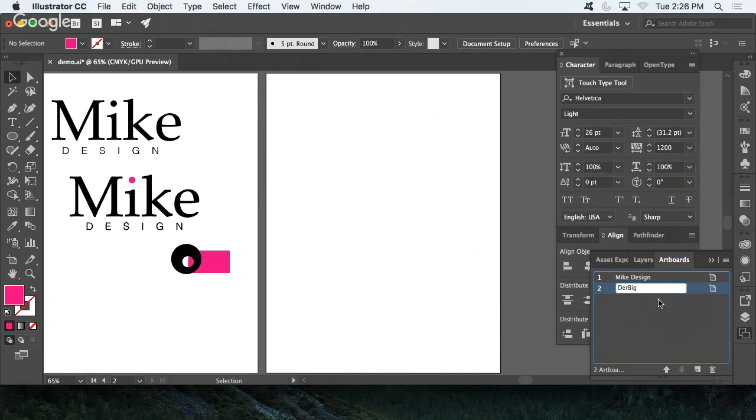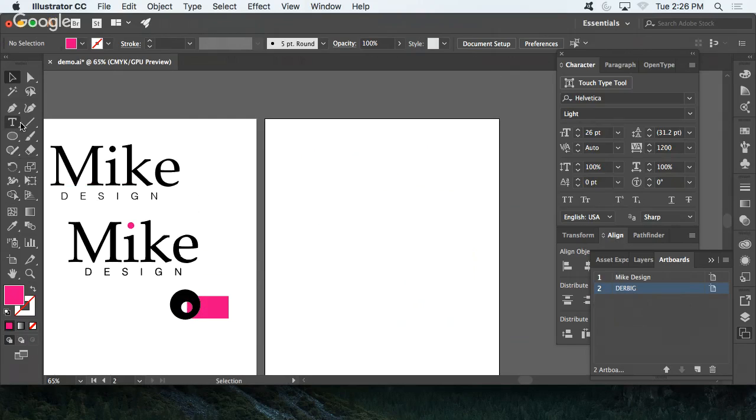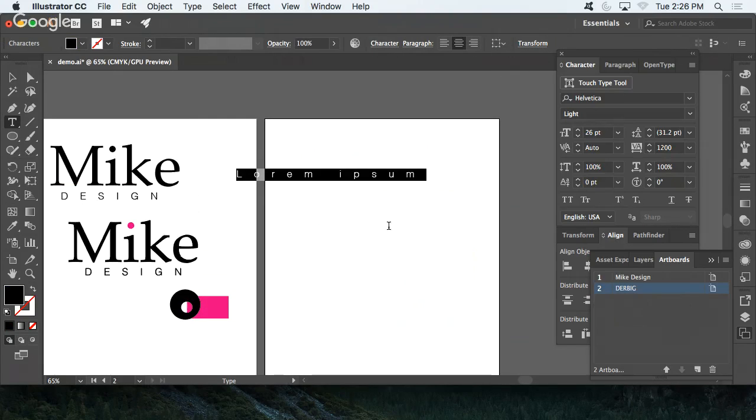I'm going to name this one Durbig, because I'm going to recreate the big red logo. So the big red logo, basically what I did was I used